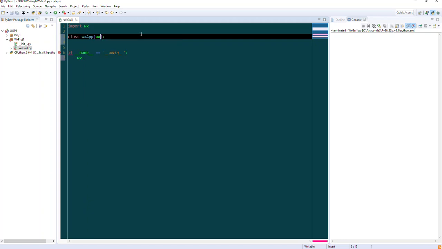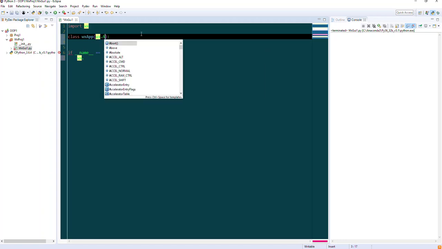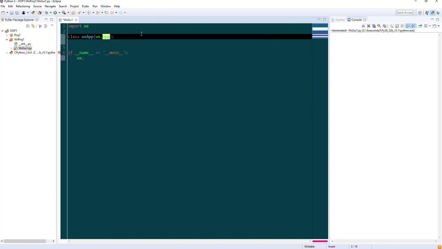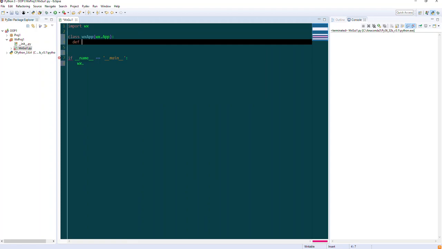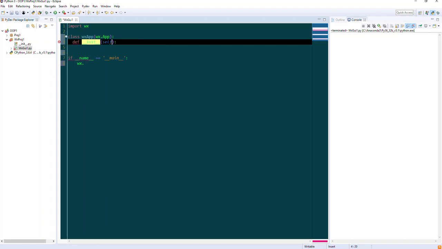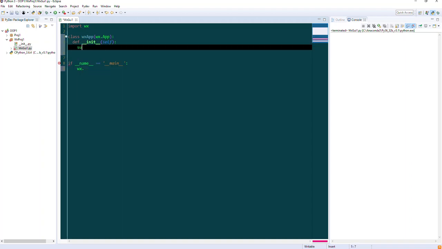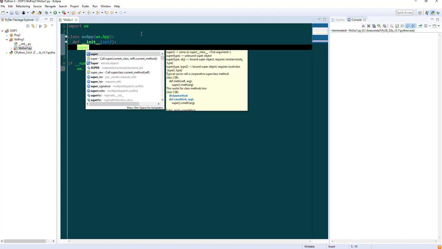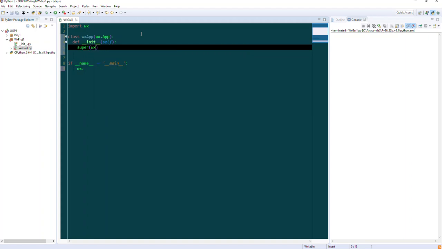So you have to inherit. This is the single inheritance, wx.App. This is the first thing you have to inherit. So let's start using the object-oriented features of Python. So __init__(self): and we should call the superclass of the class that we inherited and create an instance of